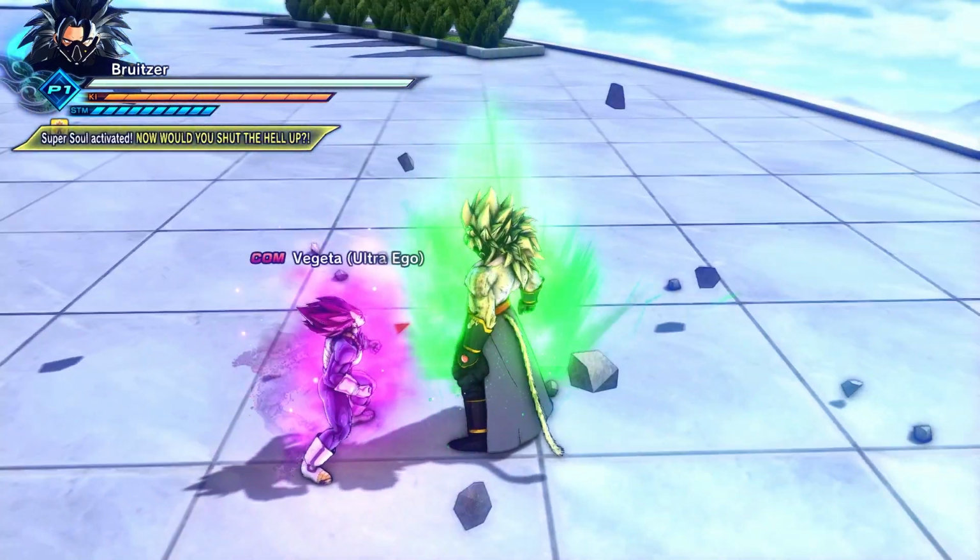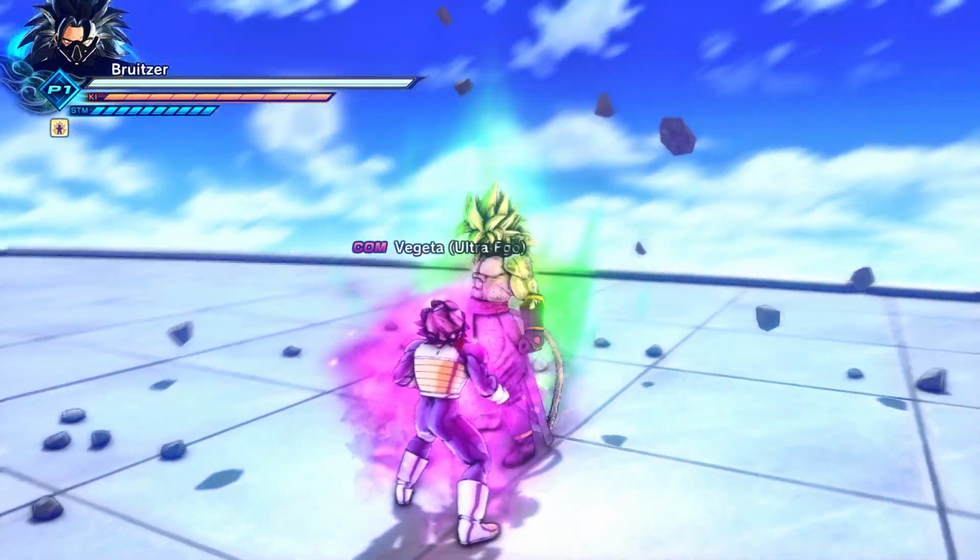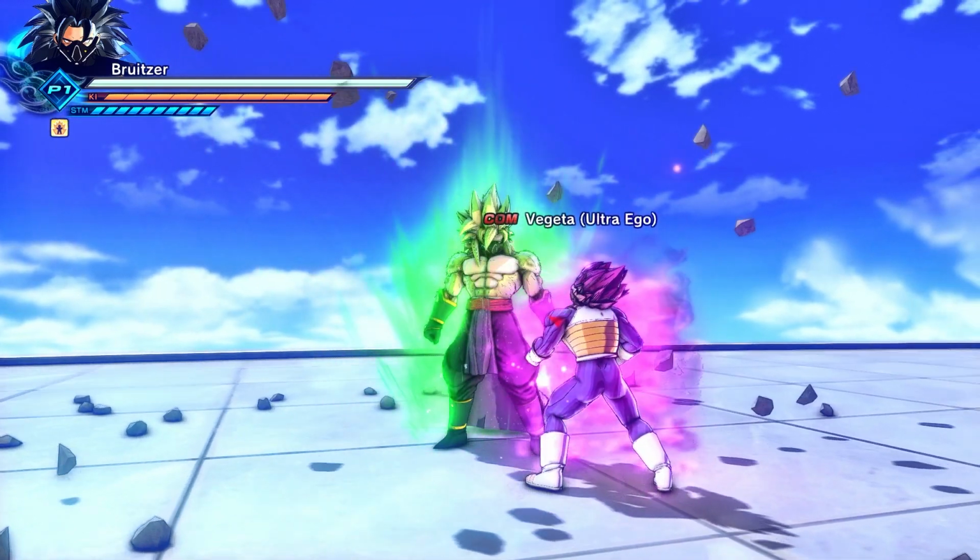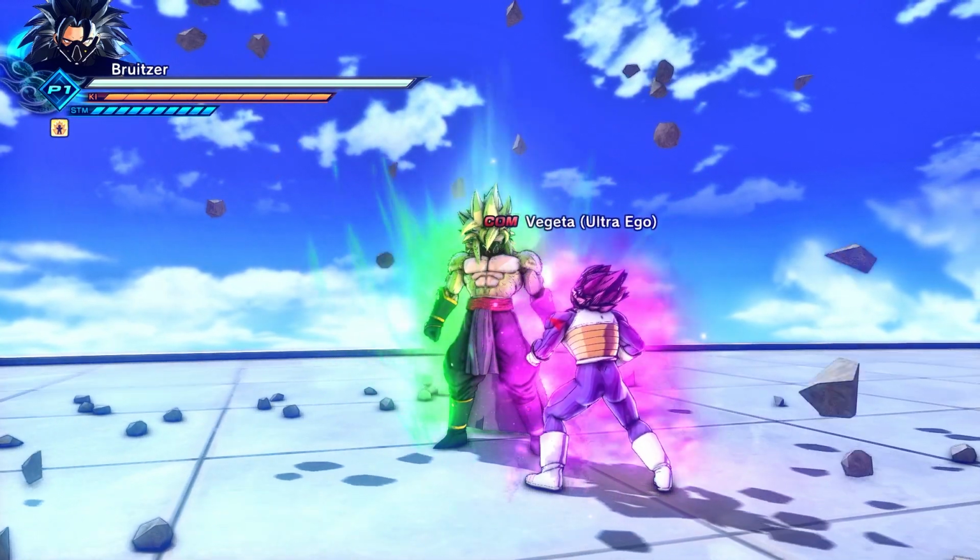And just like that, Vegeta was down, right? Now, these mods, right, it can vary